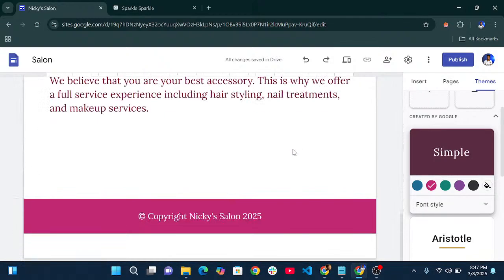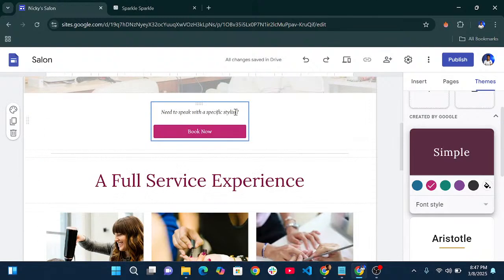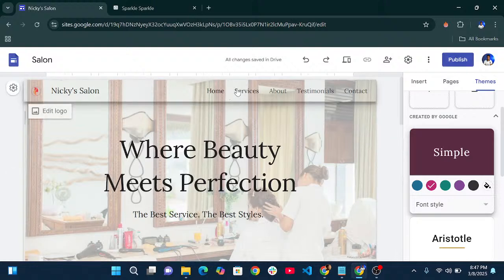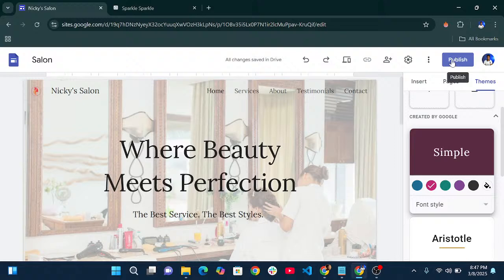So we're done editing this template. Before we proceed, I'm going to publish this, because we're going to look at the other pages and see some of the things there. But first, let's just publish this. I'm going to click on publish,